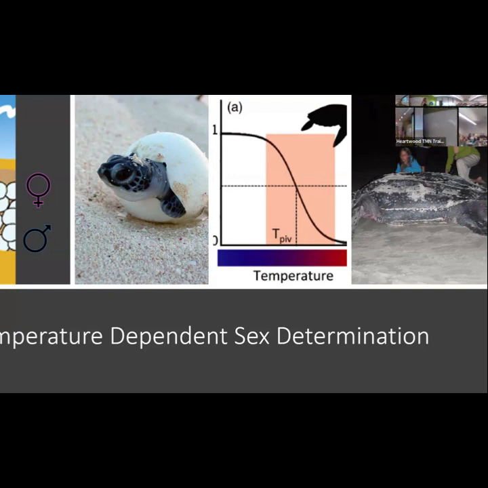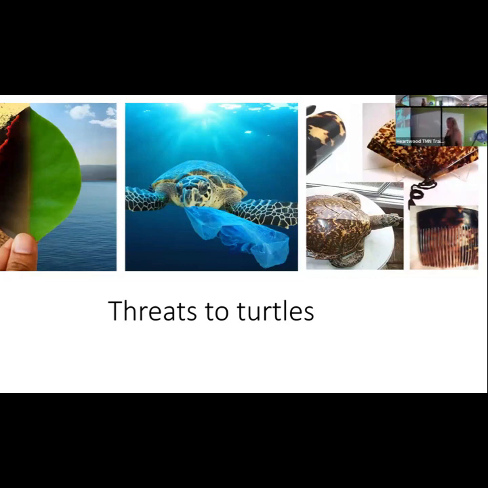So there's a couple of different threats to turtles. We touched on climate change and temperature-dependent sex determination. Sea turtles are at exponentially high risk because of pollution in the ocean via trash. So yes, they eat kelp, yes, they eat seagrass, but one of their favorite things to munch on is jellyfish. And what looks like a jellyfish floating around in the ocean? A plastic bag. Turtles don't have a gag reflex. When they start eating something, they're committed. So they can't throw it up.